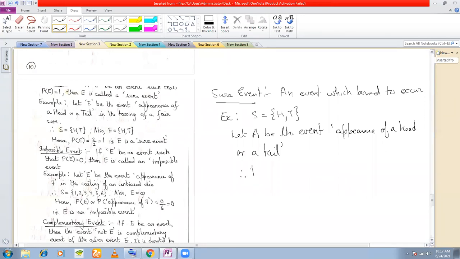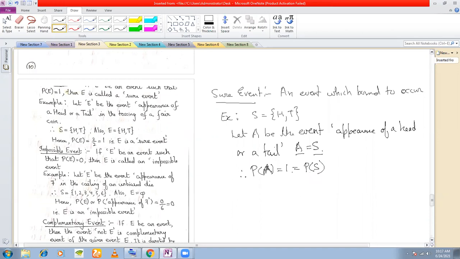So therefore, P(A) has to be a sure event. Will you get any other outcome? No. So therefore, A here must be equal to S, isn't it? Therefore, P(A) is equal to 1. We say P(A) is equal to P(S) is equal to 1. So whenever you know that an event is a sure event, its probability has to be 1.